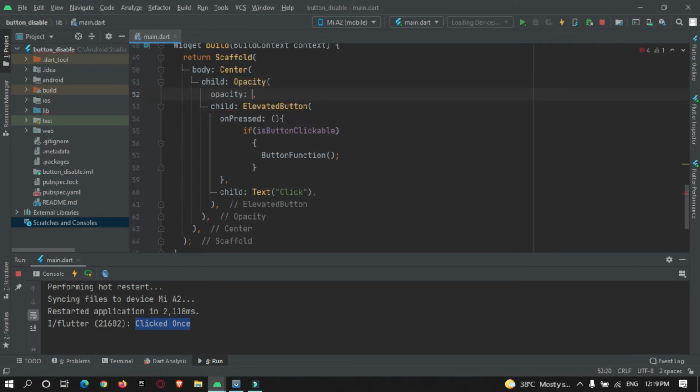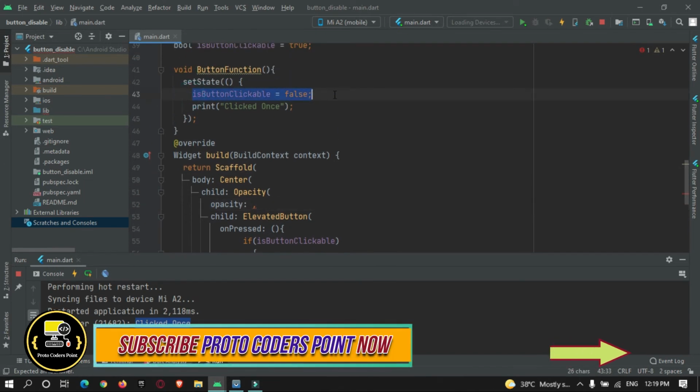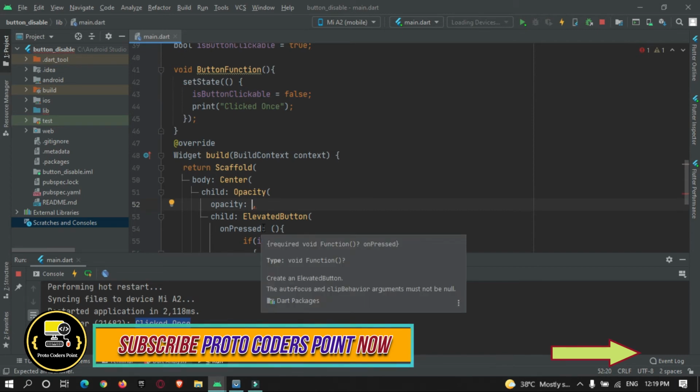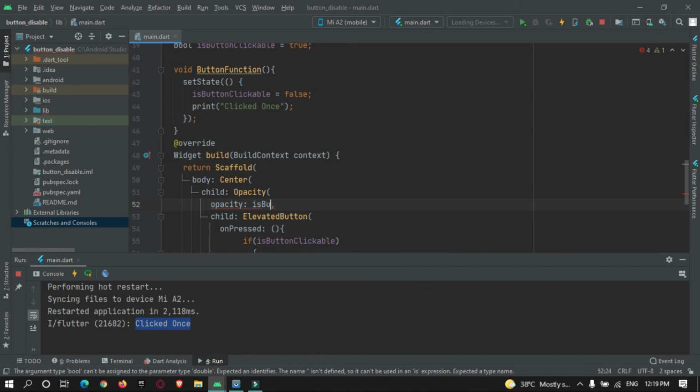We can make use of this variable to set the opacity by using a ternary operator. For that I will make use of buttonClickable.